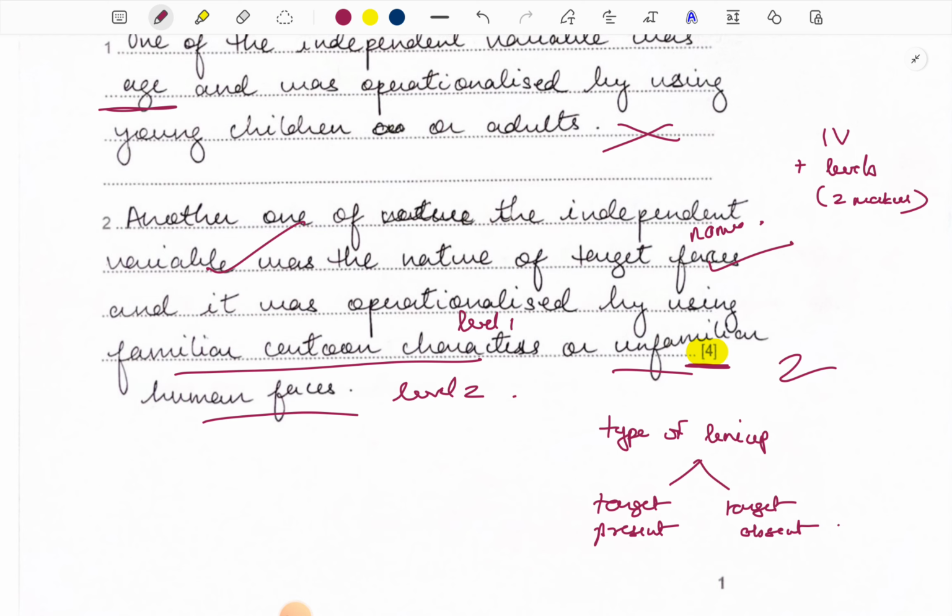It is these types of things that you need to understand when you're learning. When you rote learn, this is the mistake you make. You just say, okay, independent variables 1, 2, 3, and when it comes to the paper, okay, 1 and 2, I'm naming those. That is why rote learning is so discouraged, and you need to understand what you're learning, because then this is the type of mistake you end up making, because you've not understood the difference between a manipulated